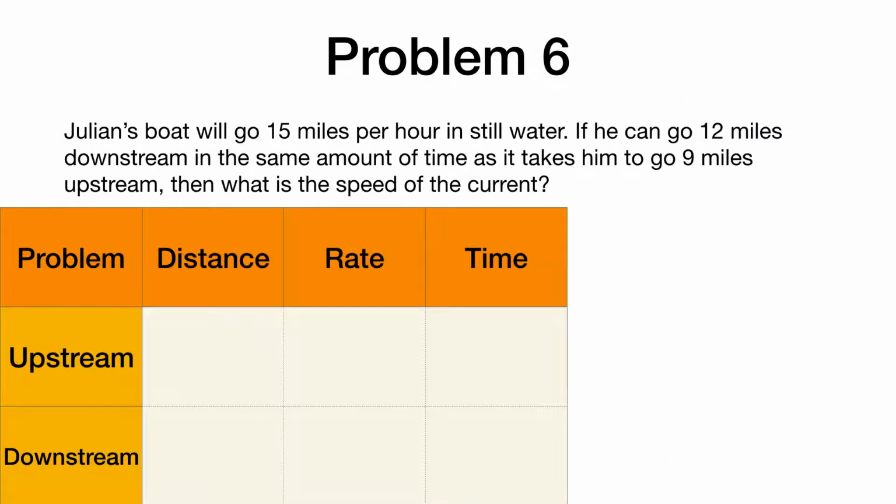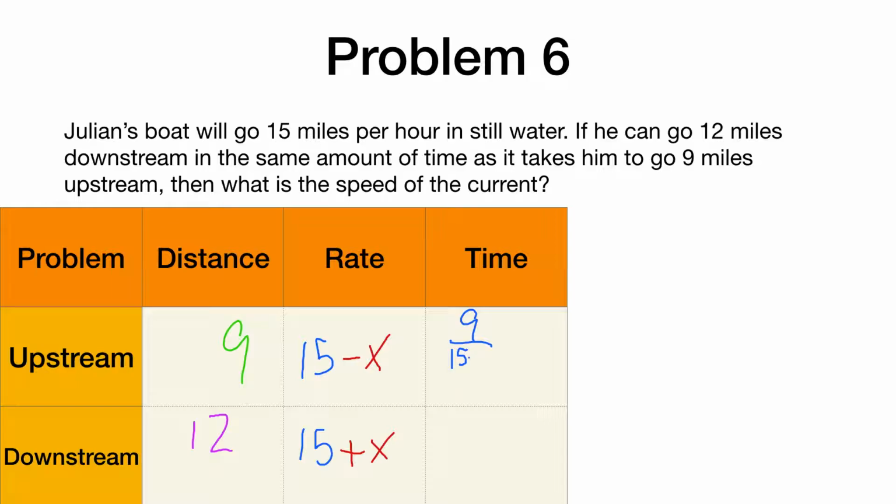Julian's boat will go 15 miles an hour in still water. If he can go 12 miles downstream in the same amount of time it takes for him to go 9 miles upstream, what's his current speed? So remember, basically, we know that his generic speed is 15. That's his normal rate. But in this case, he went 12 miles downstream and 9 miles upstream, meaning whatever the rate of the current is, upstream, it's taking away the current, and downstream, we're adding the current, meaning